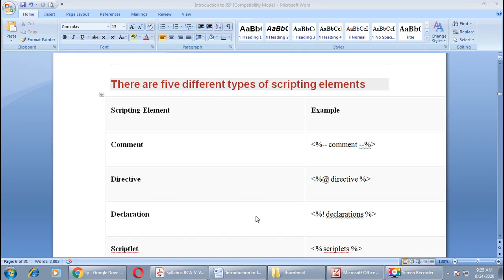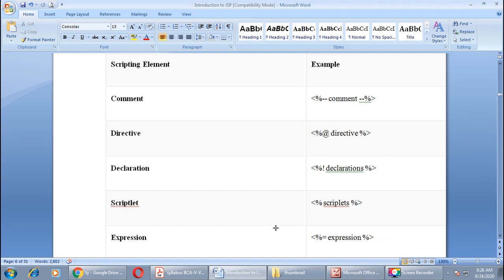As you can see, there are 5 different types of scripting elements available in JSP, namely comment, directive, declaration, scriptlet and expression, right? These are the scripting elements available in JSP.